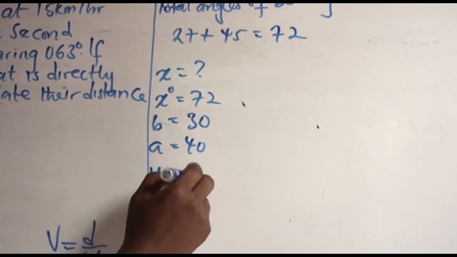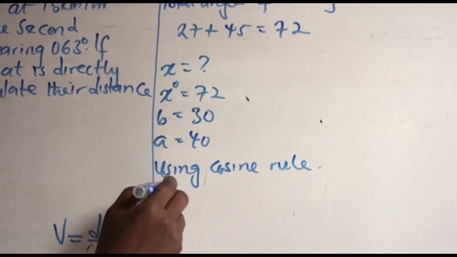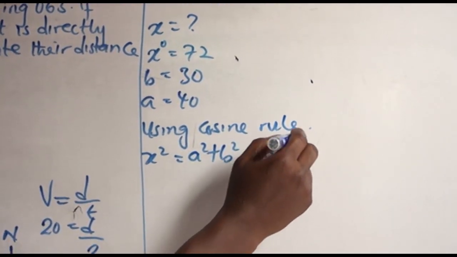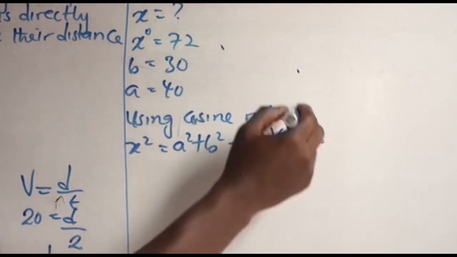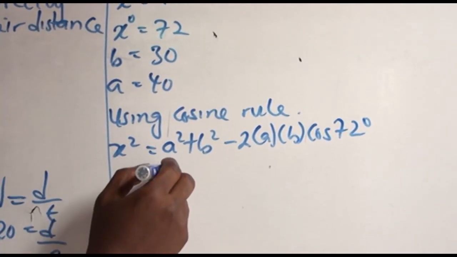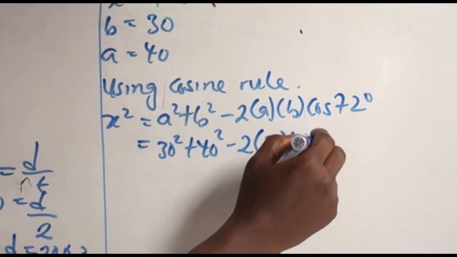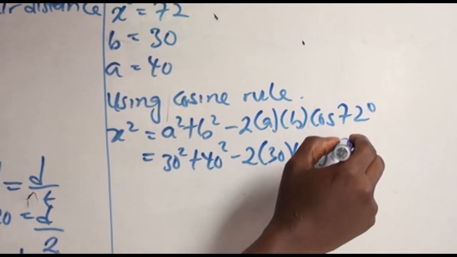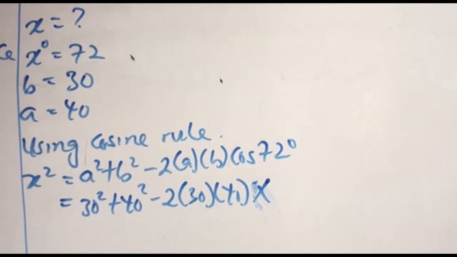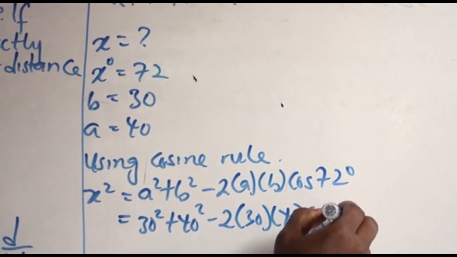Using the cosine rule: S squared equals a squared plus b squared minus 2ab cos 72 degrees. That is 30 squared plus 40 squared minus 2 times 30 times 40 times cos 72, and cos 72 by our calculator gives us